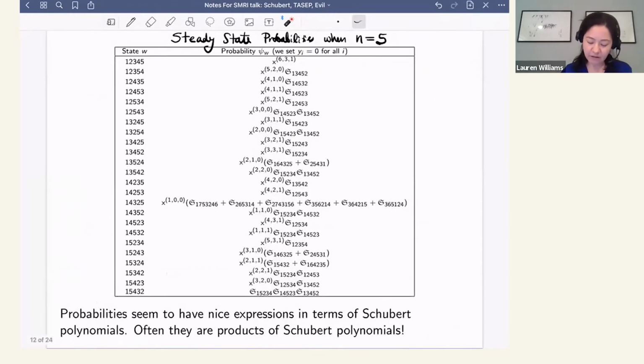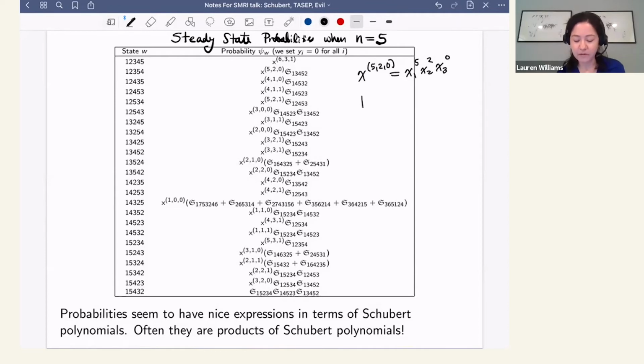Okay, so now let me show the next table of steady state probabilities. So this is the inhomogeneous TASEP when n is equal to 5. And let me just explain my notation here. So if I write something like x to the 5 2 0, that stands for x1 to the 5, x2 squared, and x3 to the 0. And I'll just point out here that most of our unnormalized steady state probabilities psi_w have the form